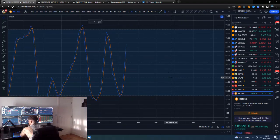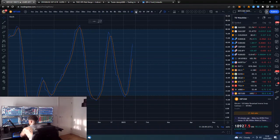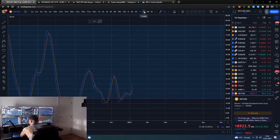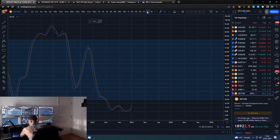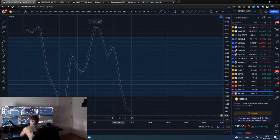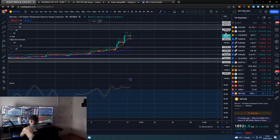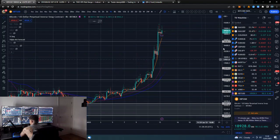But then we get to the good stuff. Buy daily, very good looking and plenty of room to run. 3 days, same, good looking, plenty of room to run. And then 5 day, even more room to run. Weekly looking good, bi-weekly turning up and getting some acceleration to the upside. And then this monthly looking to turn up as well, finally. So yeah, is the next port of call 30k,